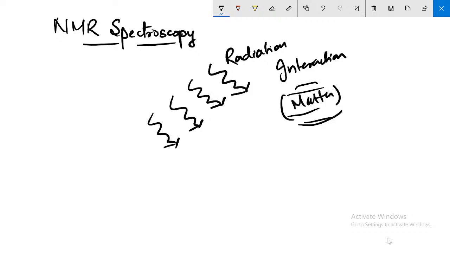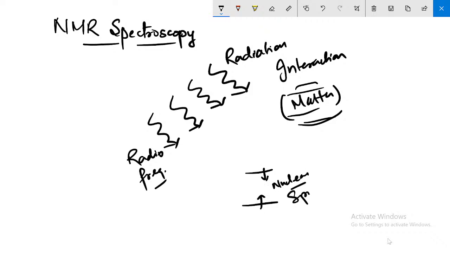For example, a radio frequency has very low energy and it will interact with only the nuclear spin state. It will only get absorbed in the nuclear spin state, and the higher energy, for example